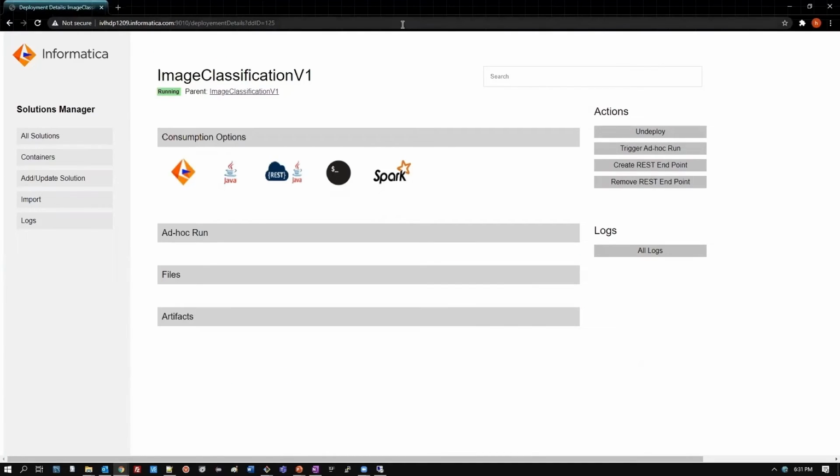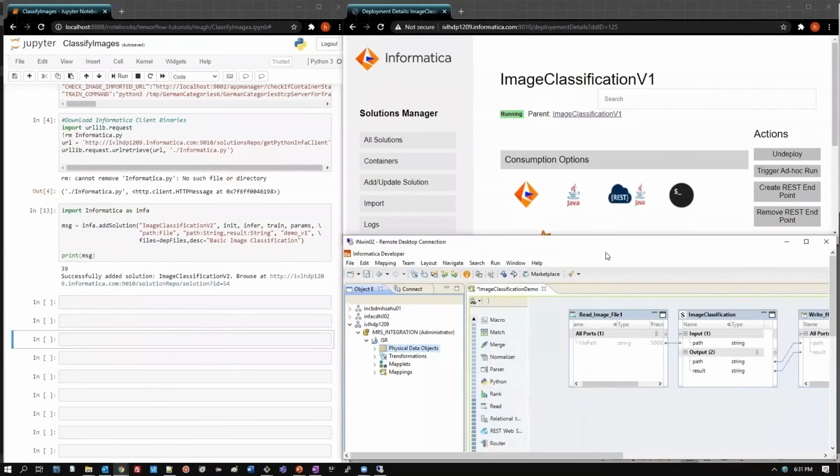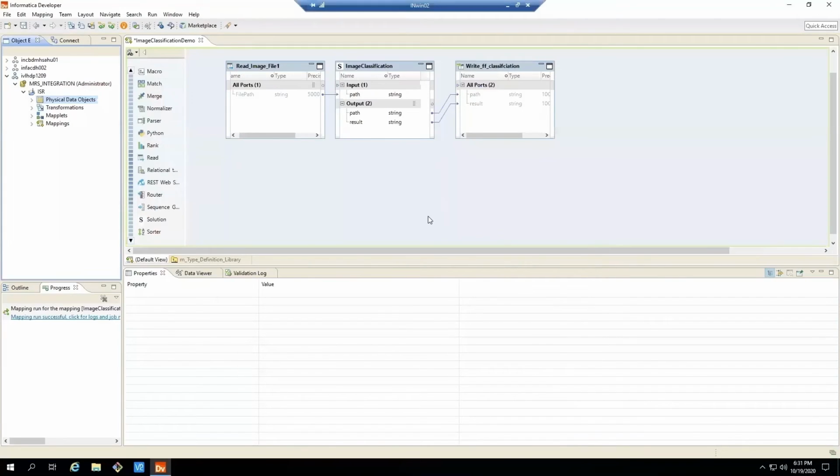So now let's go to the data engineering platform and see how we can consume this solution from there. So this is Informatica's Developer tool where data engineers can create objects for various data sources, and then they can drag and drop those data sources. Followed by that, they can create various transformations and form a data flow.